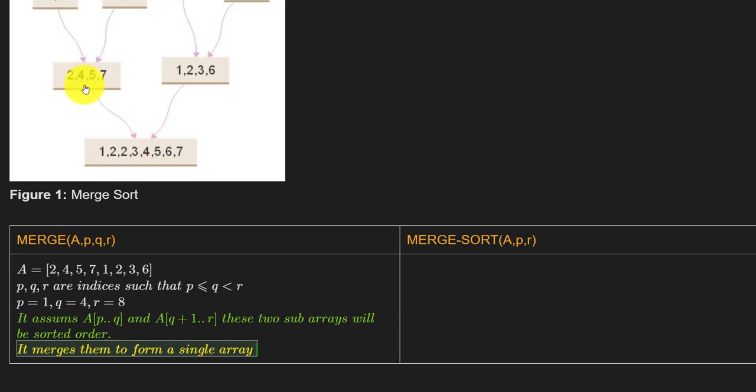Because we are taking these two arrays and joining them together to make this A over here. That's why we are saying these sub arrays will always be in sorted order, to make a single array, and that replaces